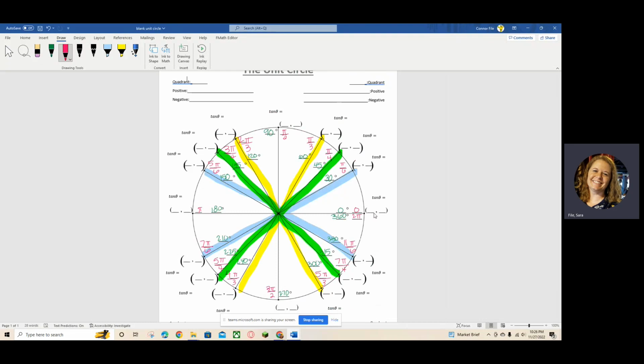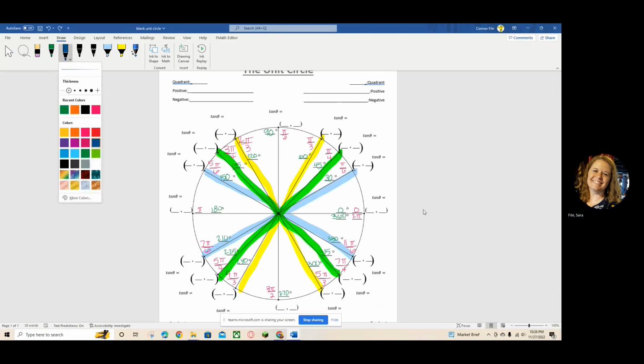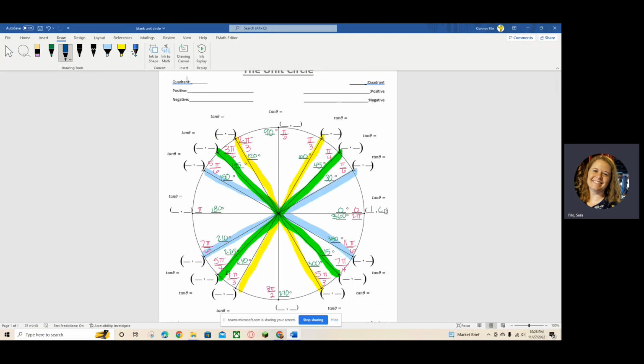Okay, and I've got the parentheses with the comma in the middle for ordered pairs. So this ordered pair is at 1. Oh, hang on, let me get a different color. I already used pink for radians. Let's do blue. So this is at 1, 0,